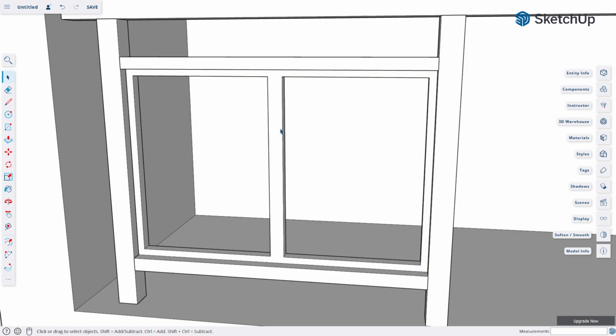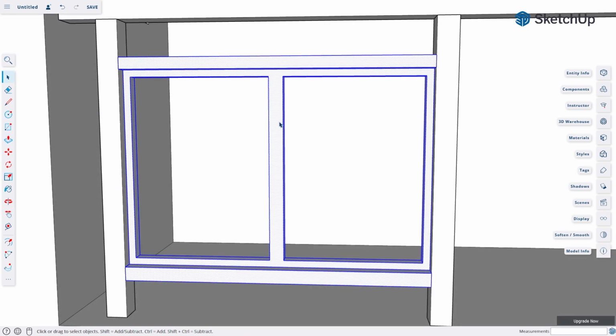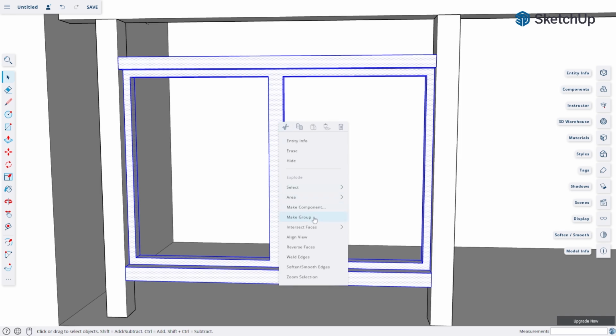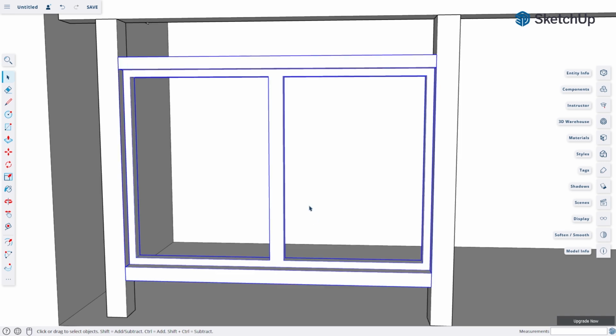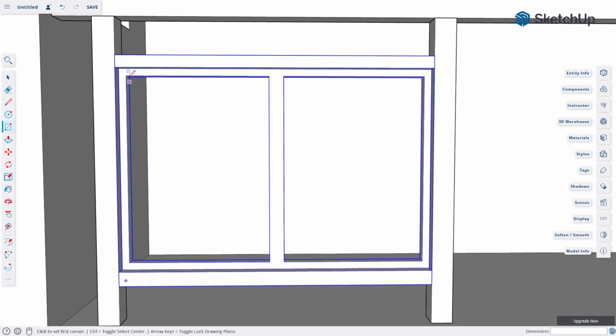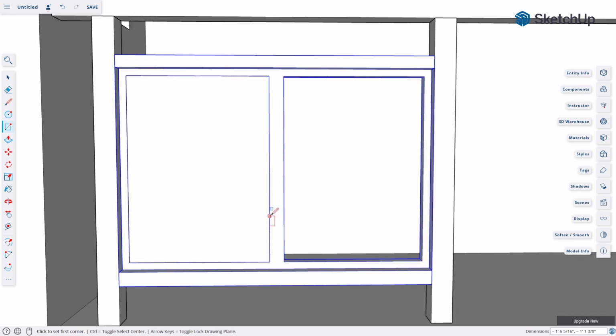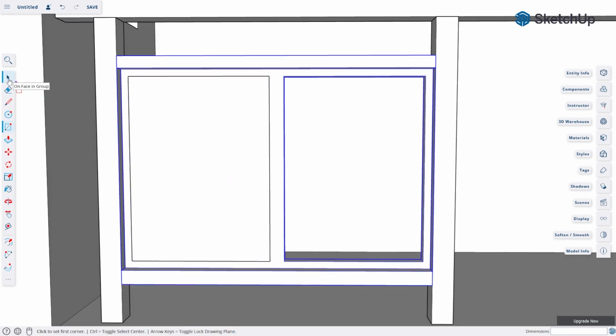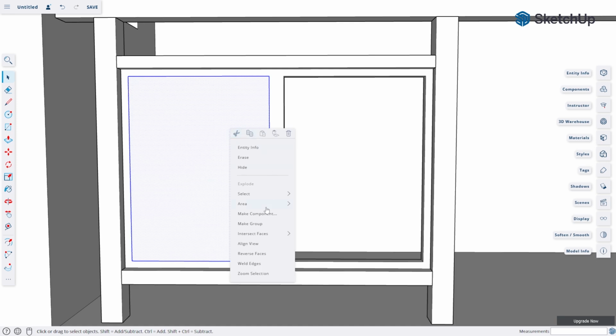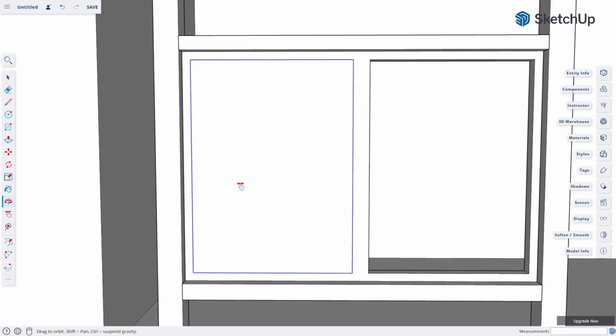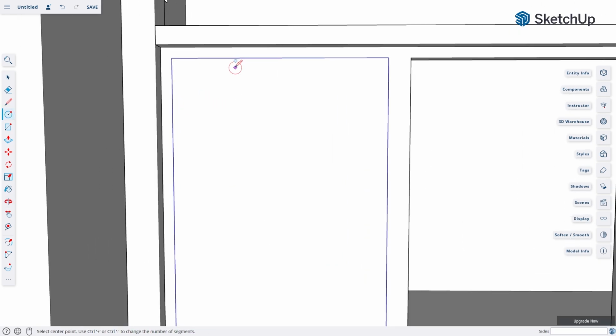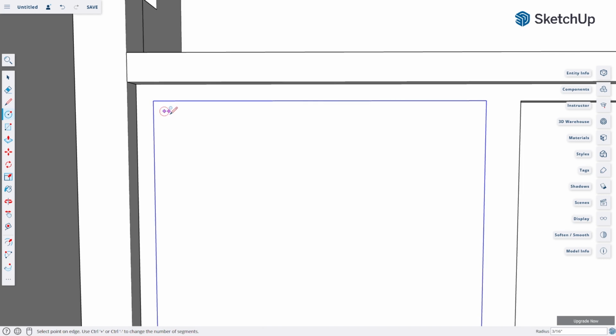Finally, I'll use the select tool and triple click this to select the whole model and group this by right clicking. Now, to create the holes, I'll use the rectangle tool to fill this area. Then I'll group it so I can separate it from the holes. This way I can easily adjust the holes individually. Next, I'll create the holes using the circle tool and copy this as an array until it covers the width.